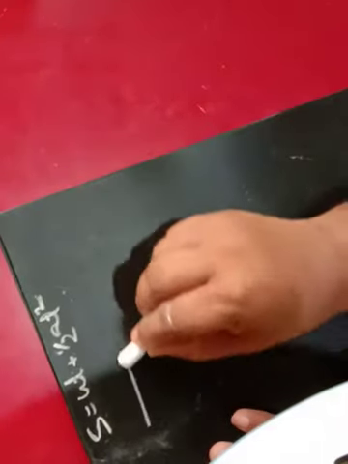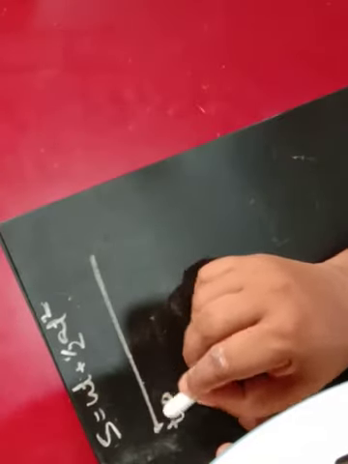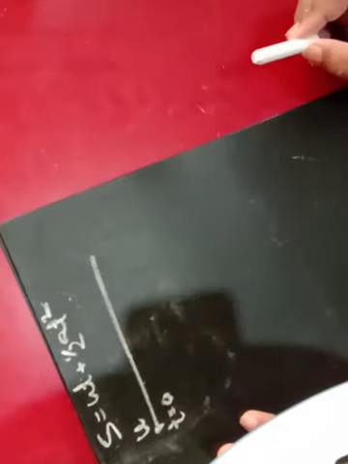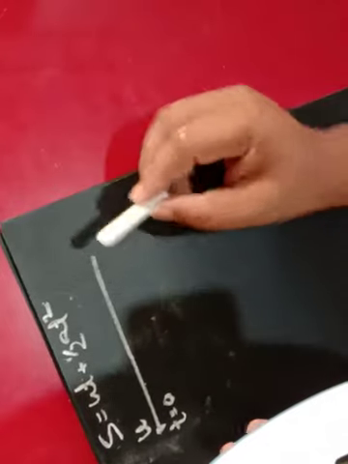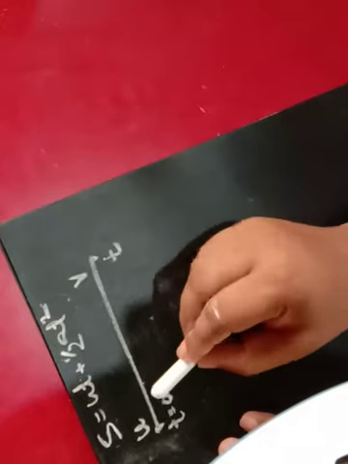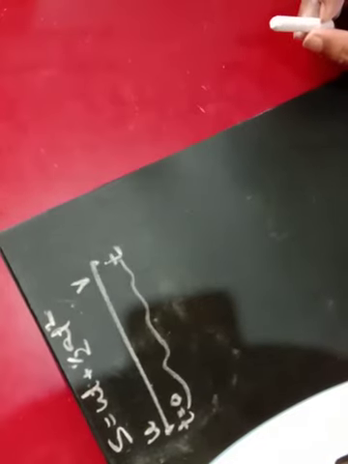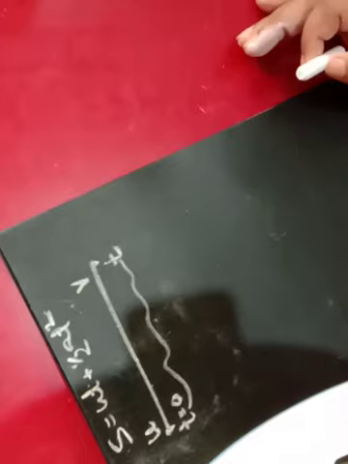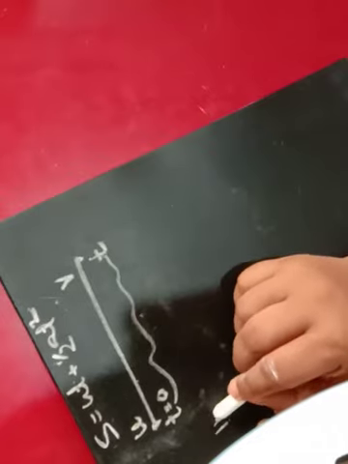Suppose the body is moving in this manner with uniform acceleration. Whenever t equal to 0, the initial velocity is u, and the distance is also 0. And at t equal to t time, you get the final velocity v. In between, the distance traveled is called s, and s equals ut plus half a t square. You have to prove it. We have to find out the instantaneous velocity at any instant of time. What will be its velocity?